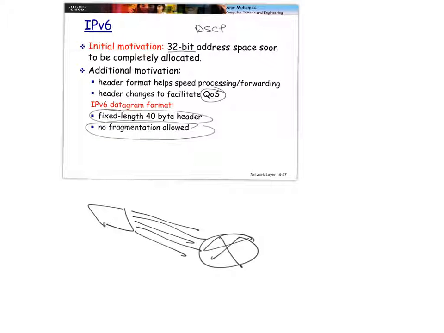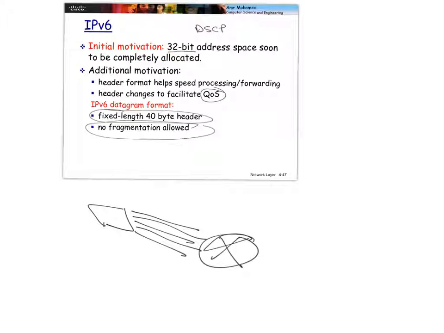Okay? So that's why in IPv6, they have enhanced the quality of service support by adding, in addition to the differentiated services, something called the flow label, which we will see in a minute, which can be used together with the differentiated services to provide more granularity between these flows. So we can, in fact, differentiate between these small flows end-to-end and provide end-to-end quality of service which is different for each of these flows, which is what we want, because